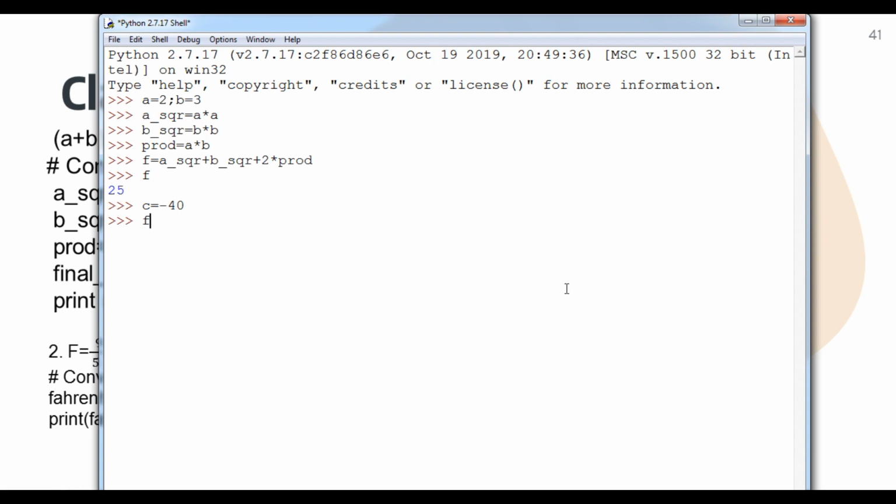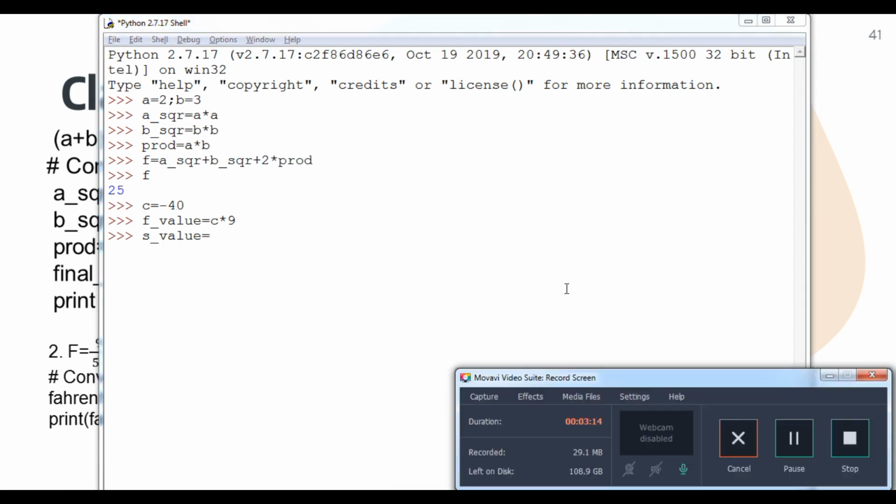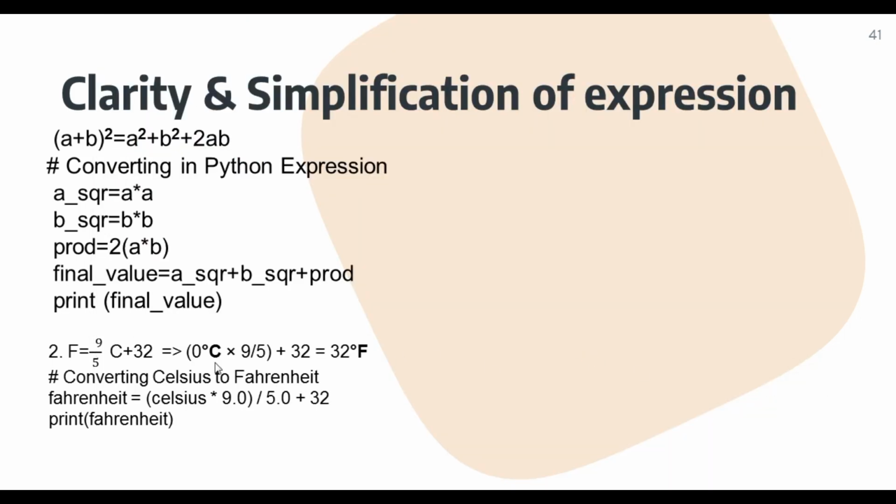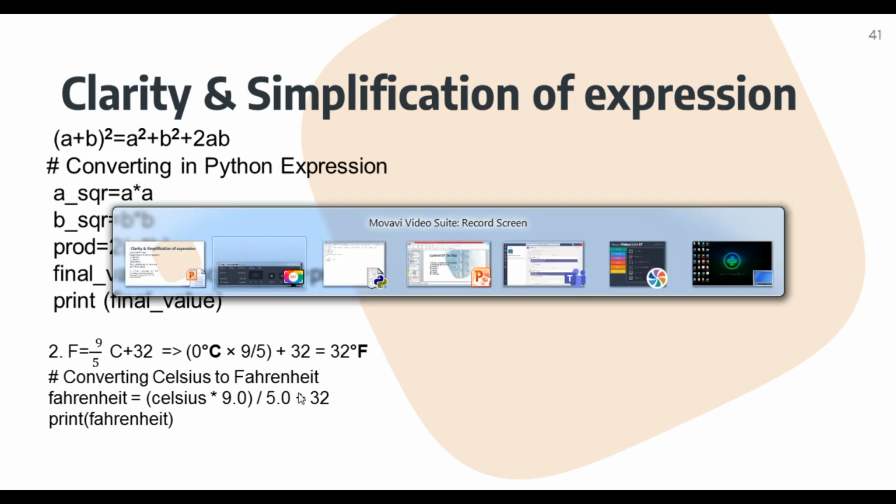First value equals centigrade into 9, so it will be stored in the first value. And now the second value, I will divide by 5.